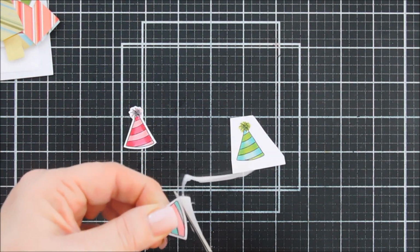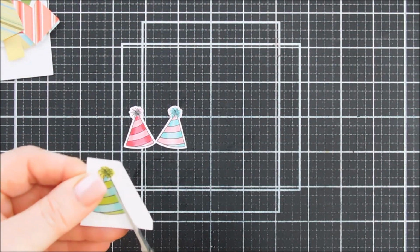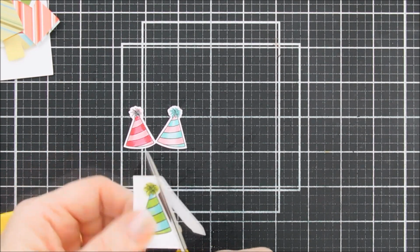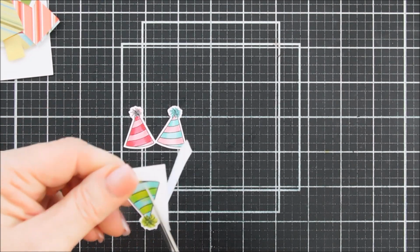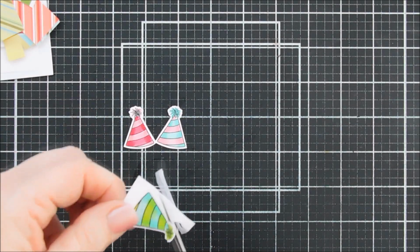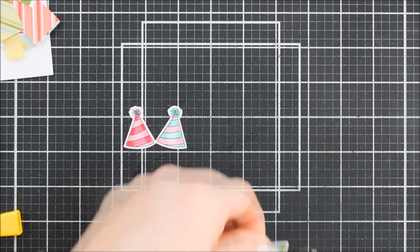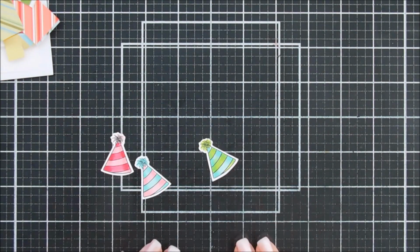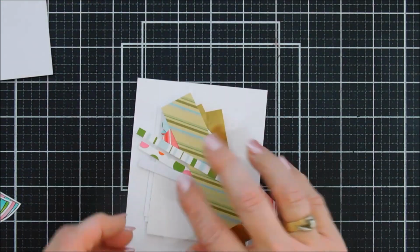And if you go outside the lines, you can always use your white gel pen. Clean up those colors. And we'll do our final party hat here. Wonderful. Okay, so those colorings are all done. Now what we're going to do is inside